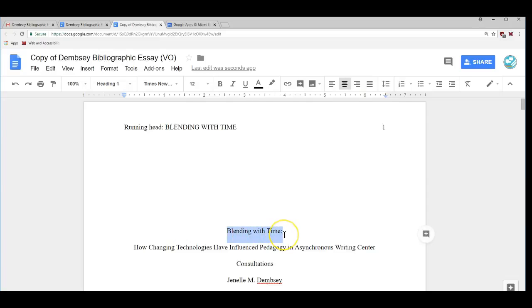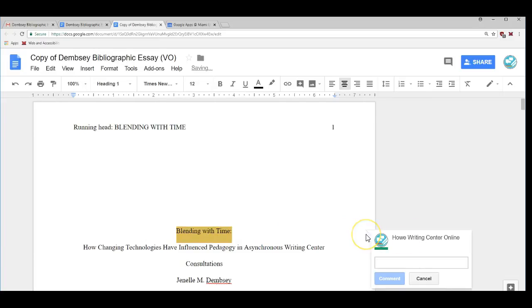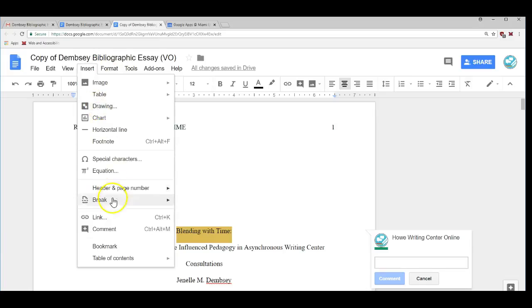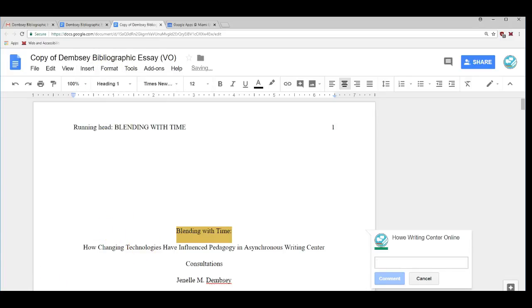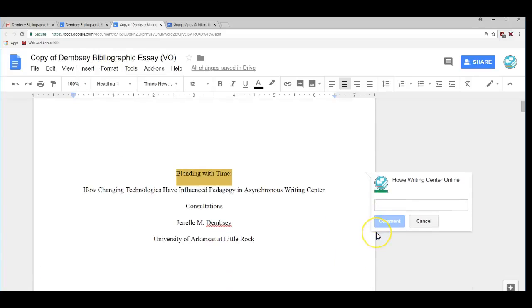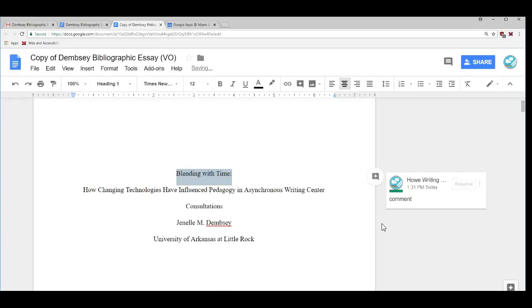You can add comments by selecting the text you want to comment on and clicking the plus sign that appears in the right margin. You can also go to Insert at the top and select Comment. Type up your comment and then select the blue comment button to publish it and make it visible to your